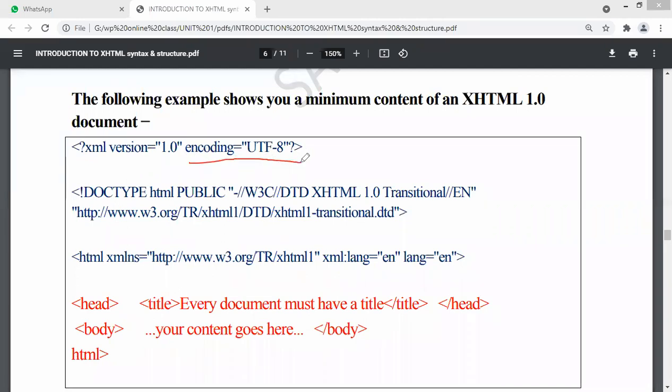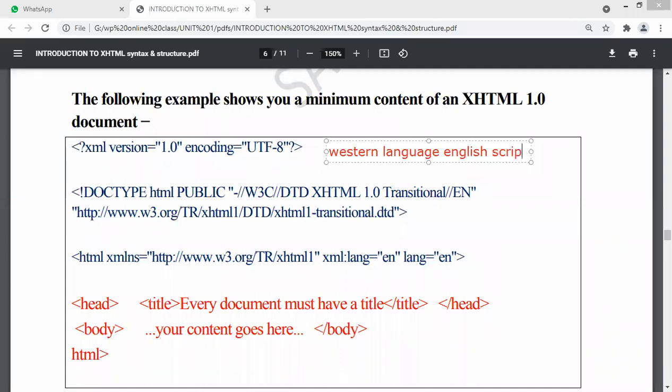Encoding equals UTF-8. What is encoding? It means I am using a format. What is that format here? I am using the format of Unicode Transformation Format 8. So it tells us that I'm using a Western language, that is English, script.